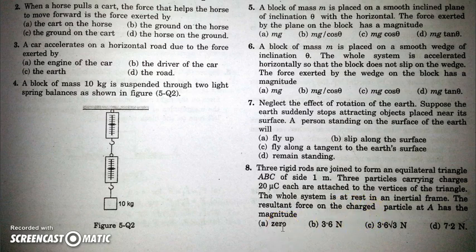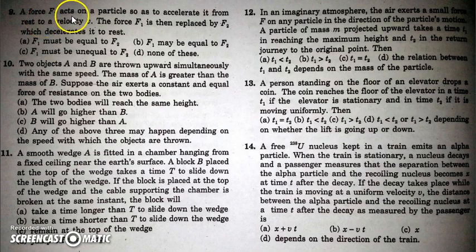Otherwise, the system or the charges must accelerate. Okay. So as the charges are at rest, net force will be zero. The next question: there is a force F1 that acts on a particle so as to accelerate it from rest to velocity v. The force F1 is then replaced by F2 which decelerates it. Obviously, the forces need not be equal. Okay, so they may or may not be equal,